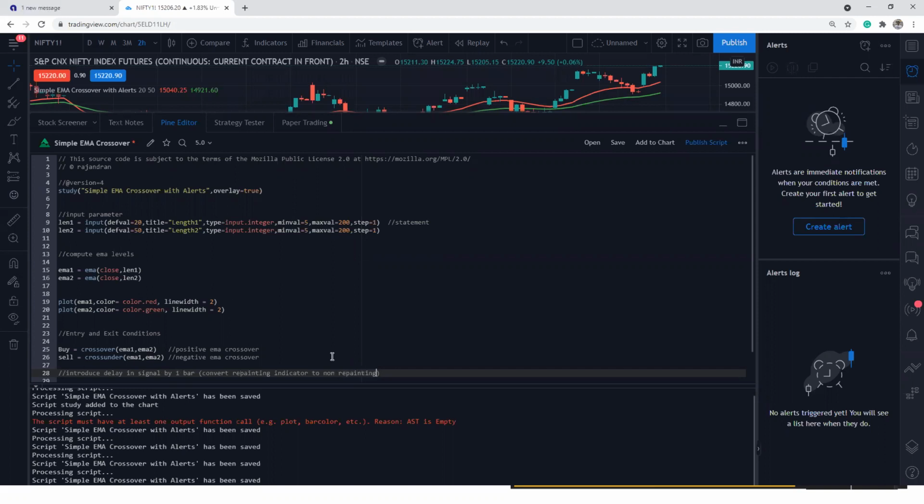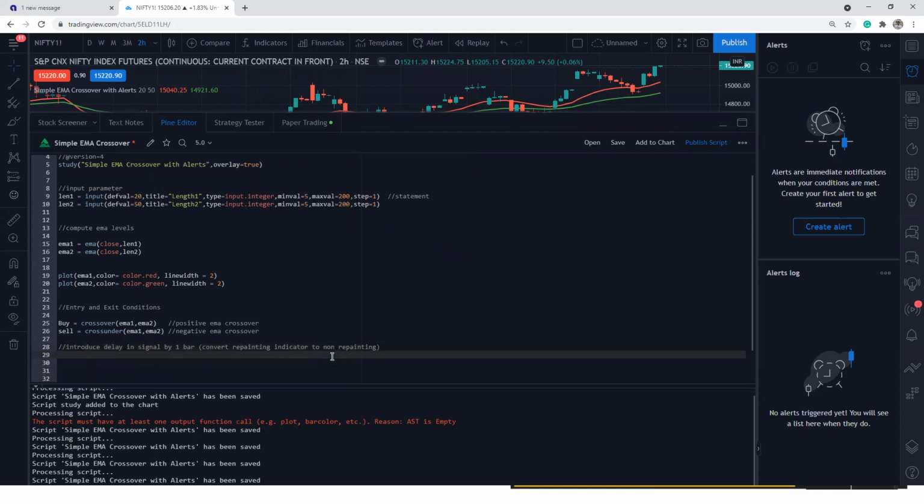Now signals will appear only on the close of the candle. So I'll say buy equal to buy of 1. It's a very simple thing. What I'm trying to do is take the previous bar's buy and make it the current buy.